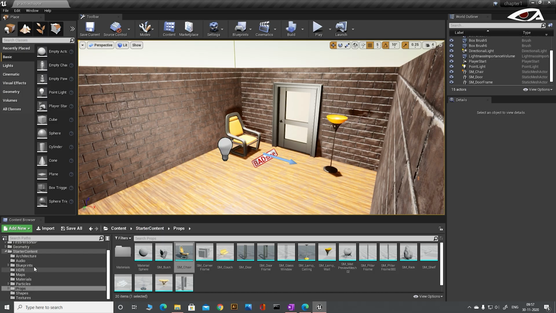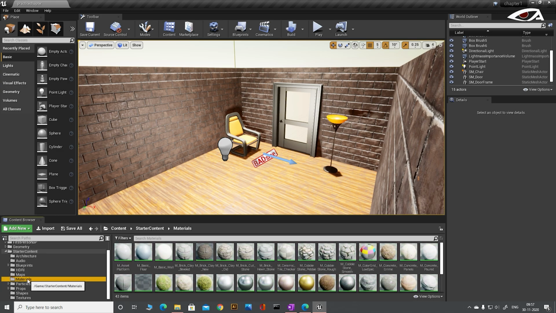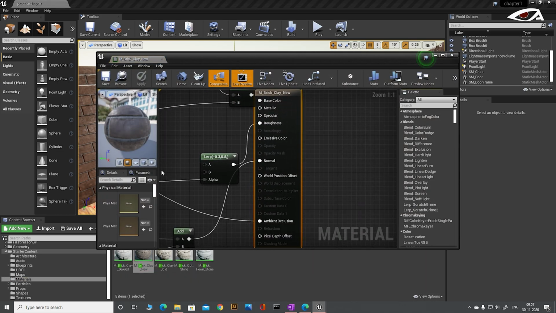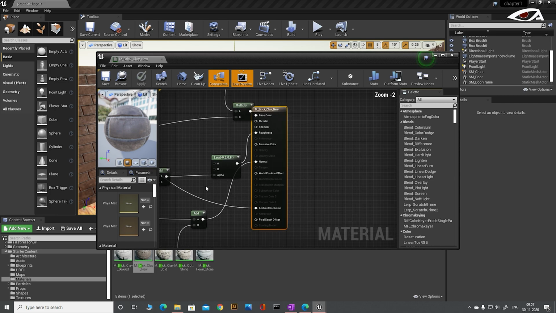Go to the content, material and double click on the black clay brick. Now this will open the material editor. As you can see, base color, roughness, normal have inputs to a base brick clay, which is a material node. These inputs make the brick wall look like a brick wall.